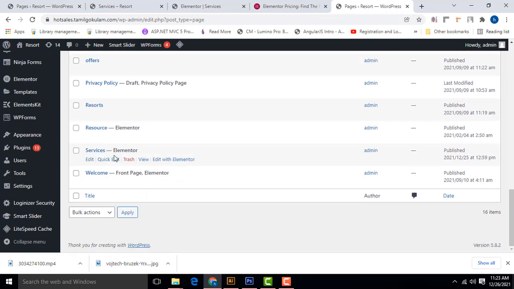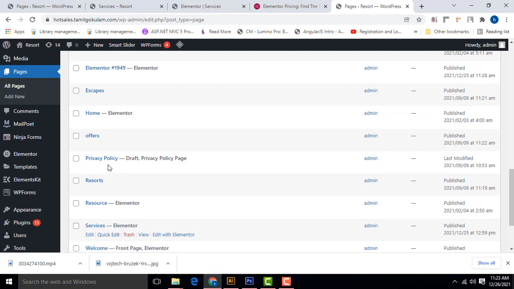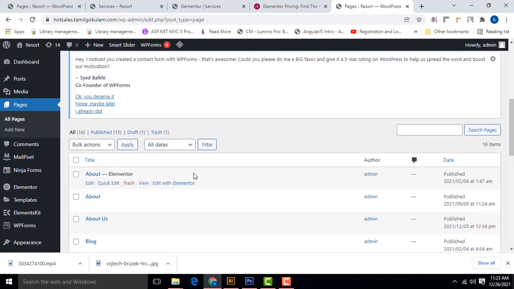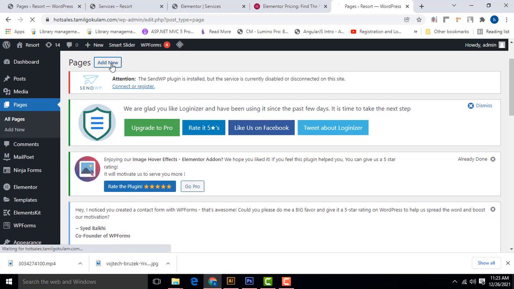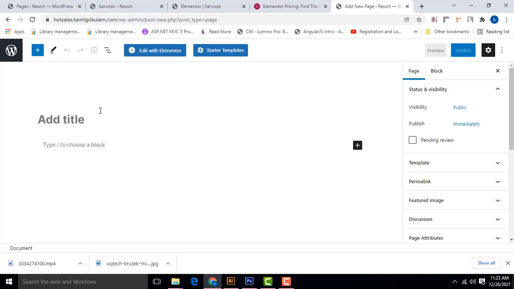Now I am going to create a new page for the website. This is the service page. I'm going to create another page, which is a sample. I have created this sample page and explained it. The home page is already created, that's why I don't need to create it. If you don't have a home page, you will be able to create one in your website. Sample.